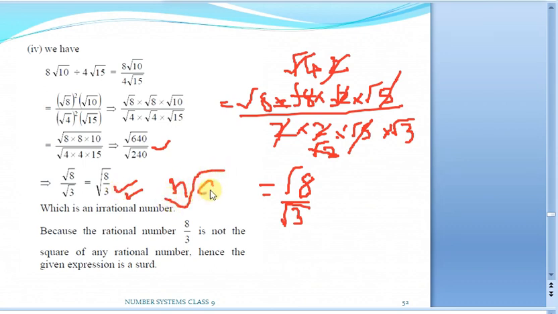Now a is a rational number, and this n has to be a positive integer. As I told you, by default there will be 2. This is the second root of a, it is going to be a positive one, so this entire thing is going to be a surd. So this one is going to be a surd.